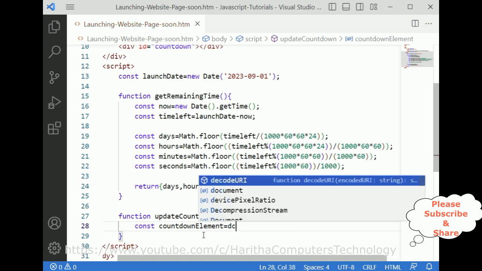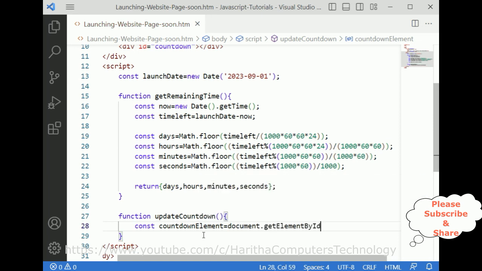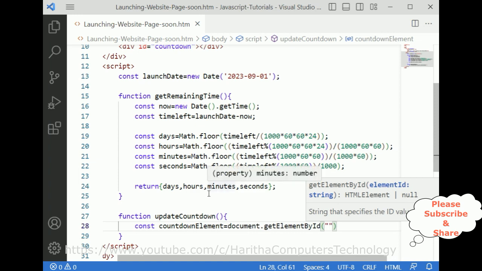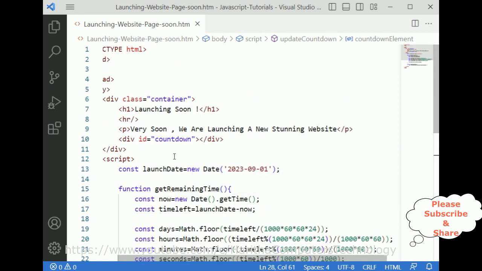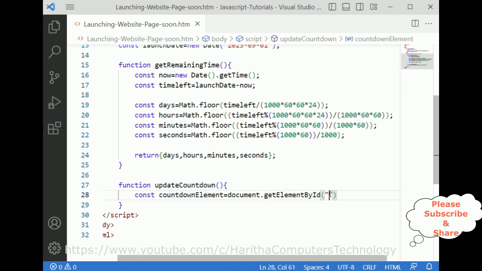It's a variable, document.getElementById. I want to update the remaining time in this countdown div. The launching countdown starts in this div container only, no? So I am adding this id of the div. So constant,